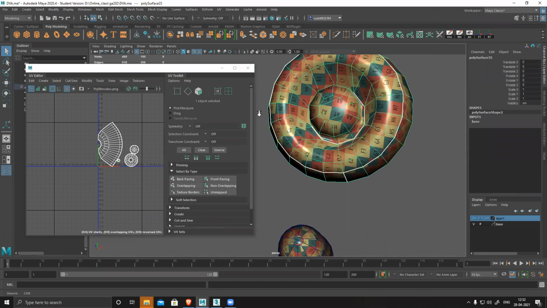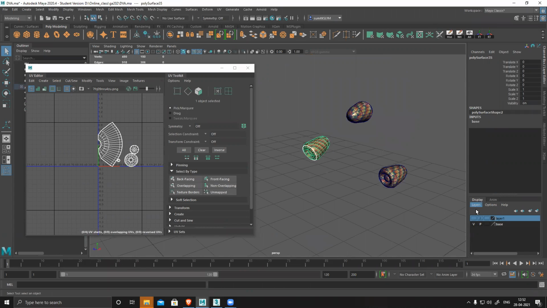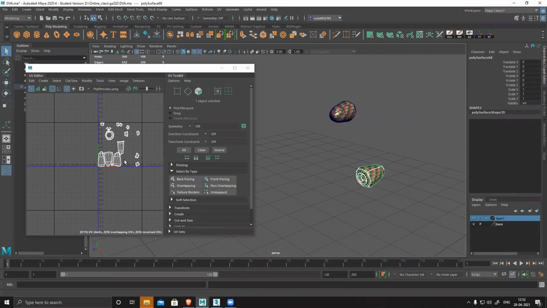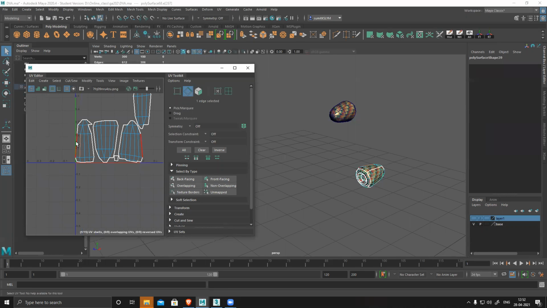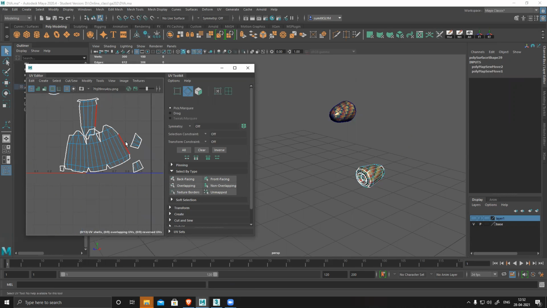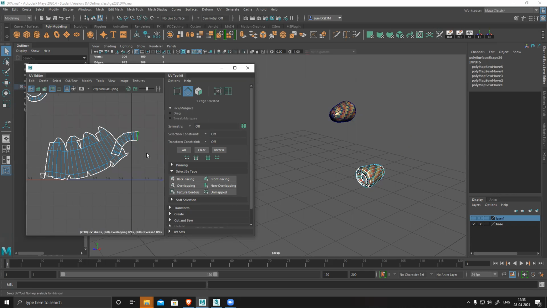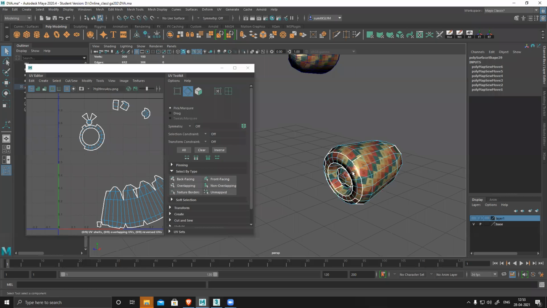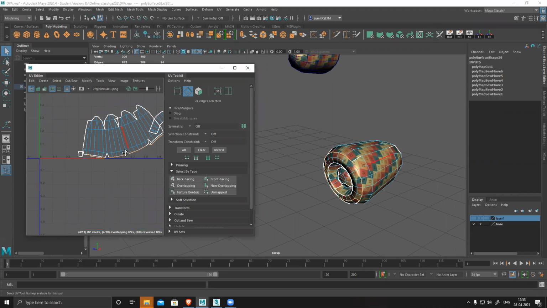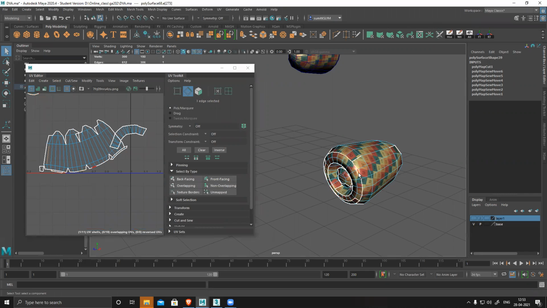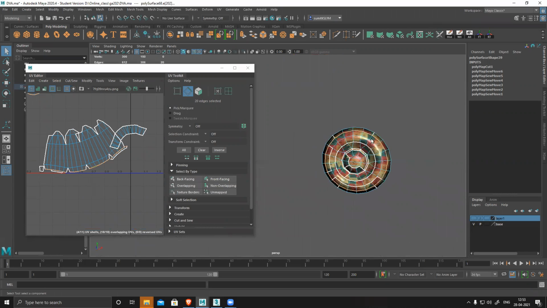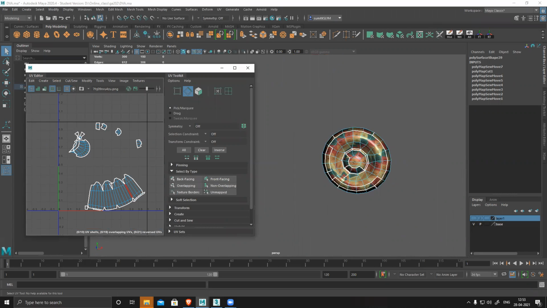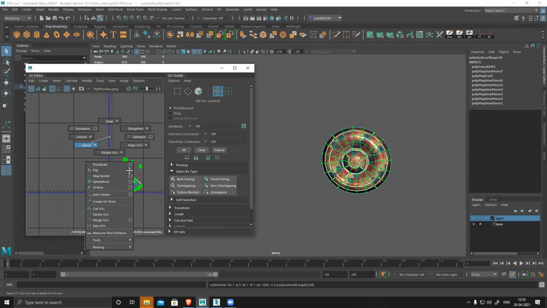This, it's selected. Separated, unfold, layout.